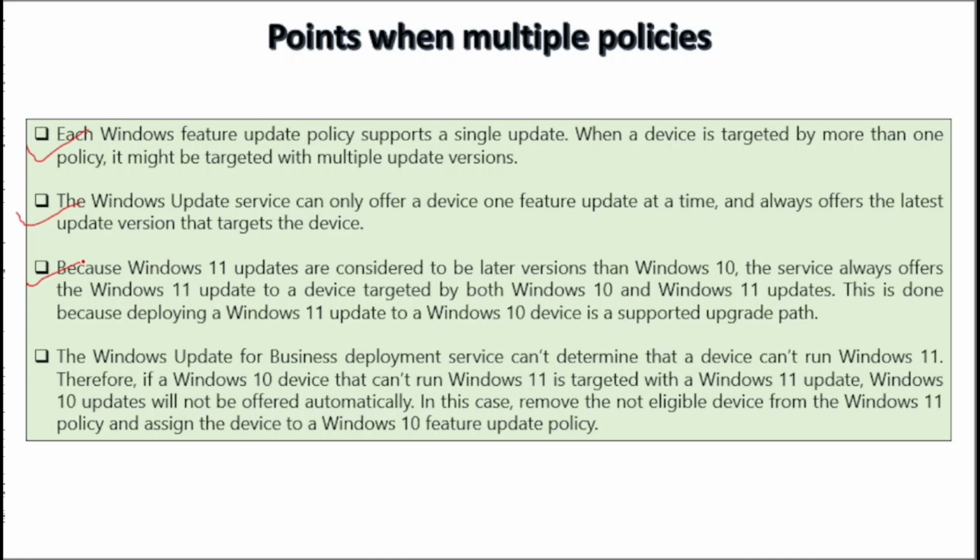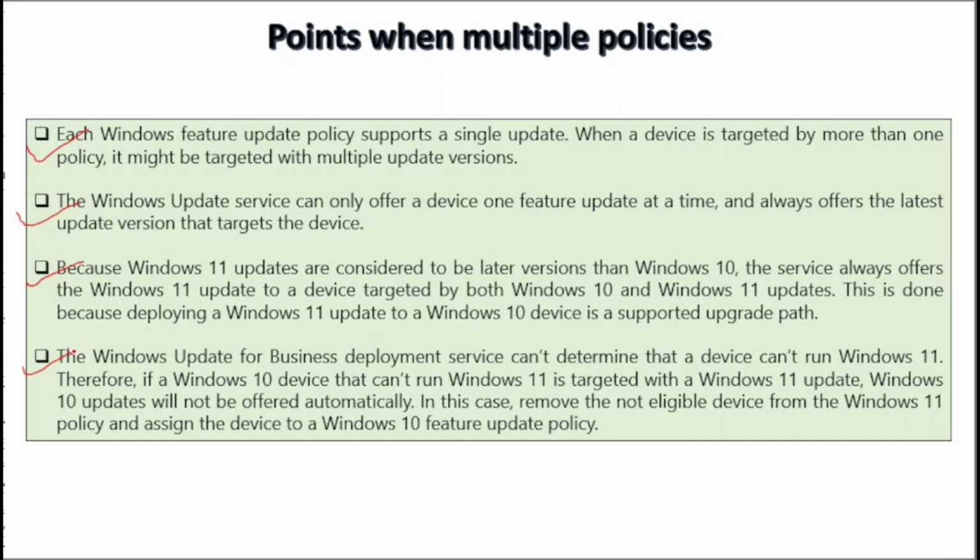This is done because deploying a Windows 11 update is a supported upgrade path. The Windows Update for Business deployment service cannot determine that a device cannot run Windows 11. Therefore, if a Windows 10 device that cannot run Windows 11 is targeted with the Windows 11 update, a Windows 10 update will not be offered automatically. In this case, remove the non-eligible device from the Windows 11 policy and assign the device to a Windows 10